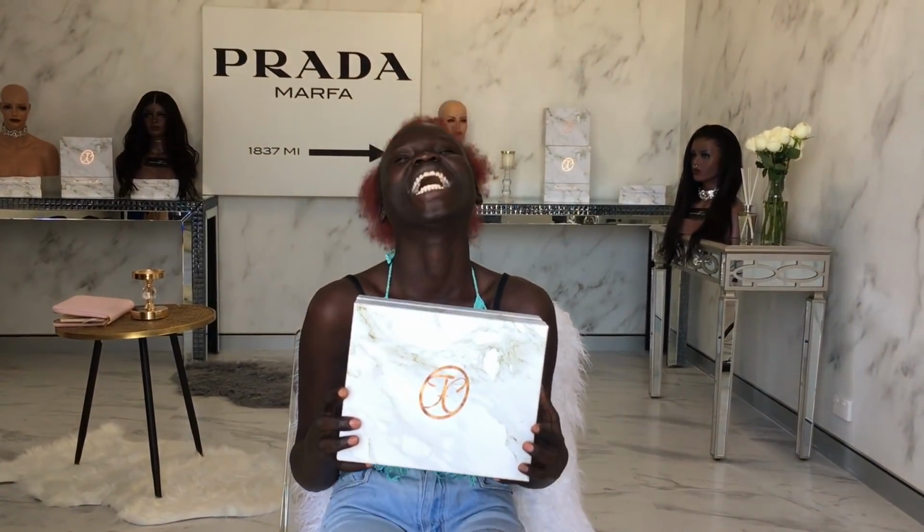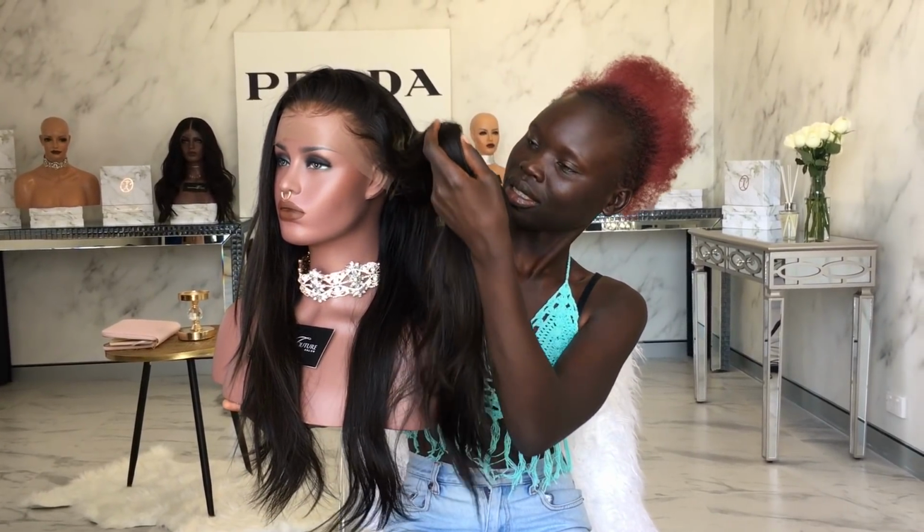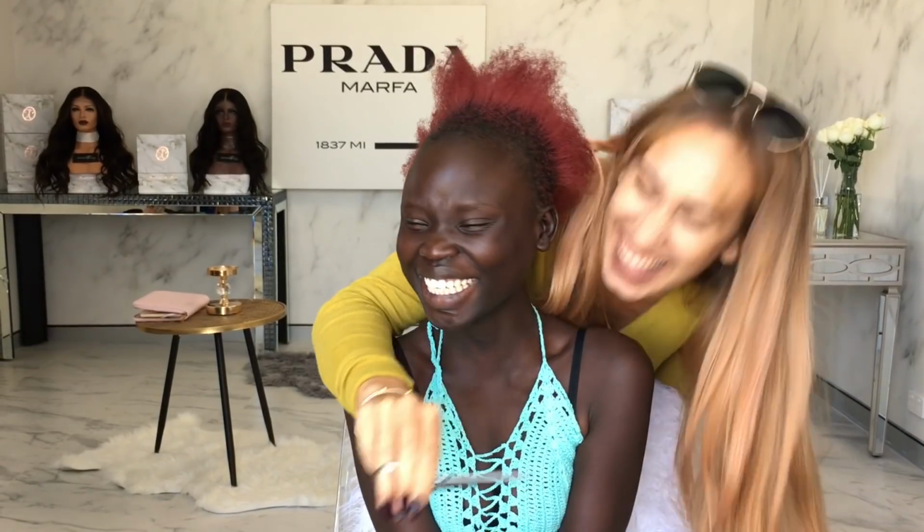I'm with my FC Bella Florence and she's decided that her hair is just too damaged, it's not growing, it's not really revitalizing, so she says that she wants to cut it all off and start again, which I'm super pumped about because I love sharing these starting your healthy hair journey moments with my Bellas. So we're going to be cutting all of it off and then we're going to be using a glueless wig